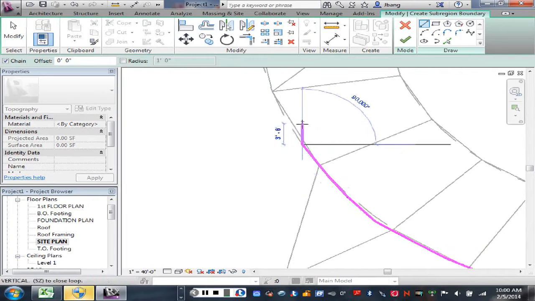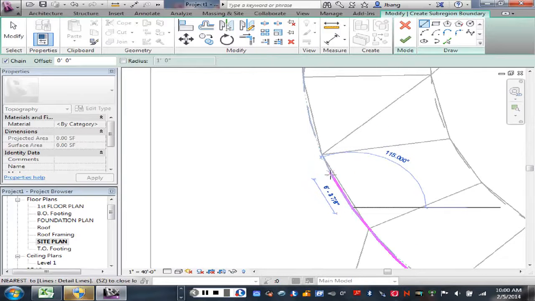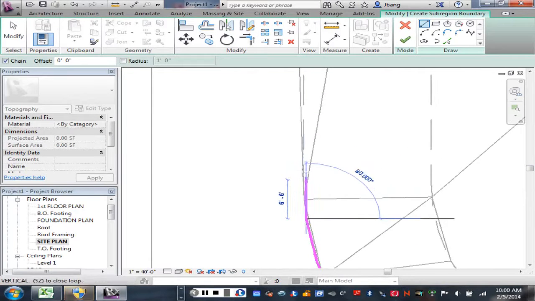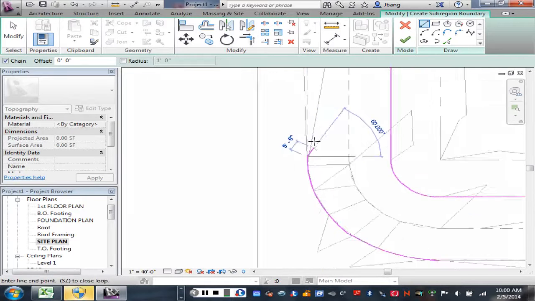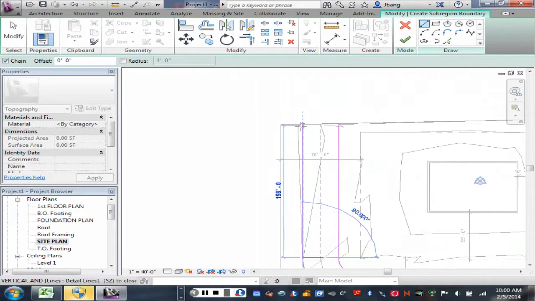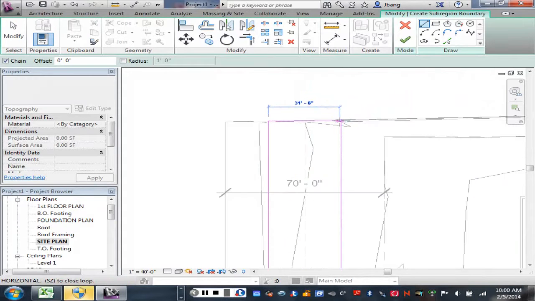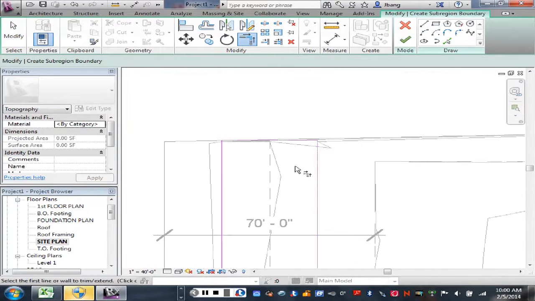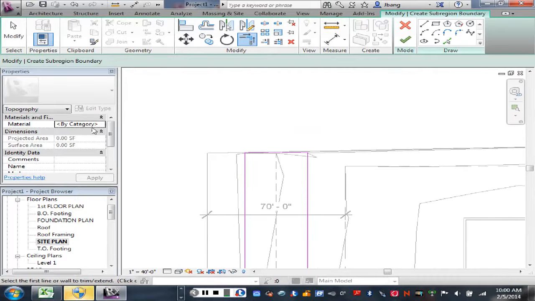And I'm doing this fairly fast, so I might miss a few points, but you need to make sure that's a closed loop there, so I'd have to finish that off. Now the material for my street,